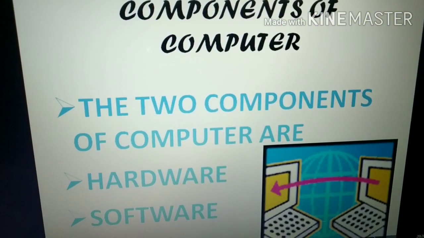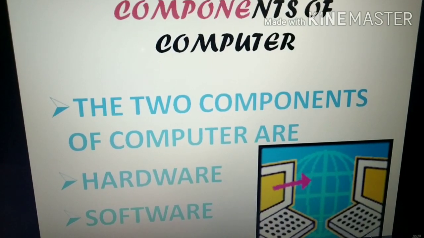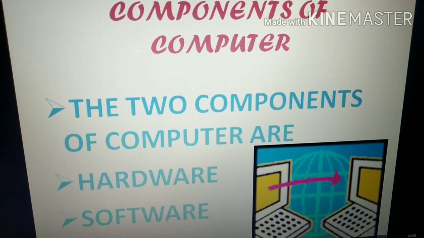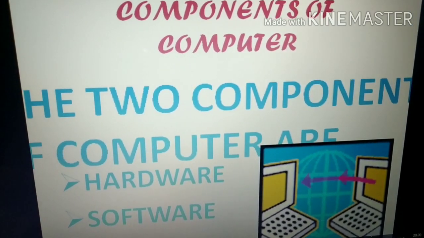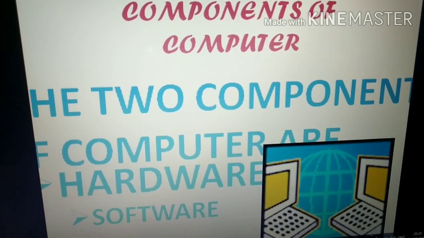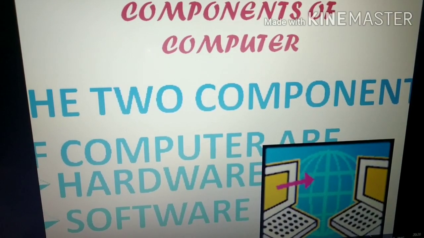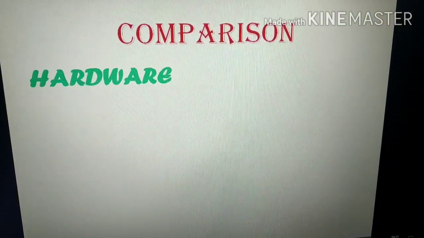Some animations also I have added as it is a multimedia software. So here you can see the animations which I have added on the slides to make the slides look very effective and very presentable. So in this way you also can add animations and make your slides look very effective and beautiful.